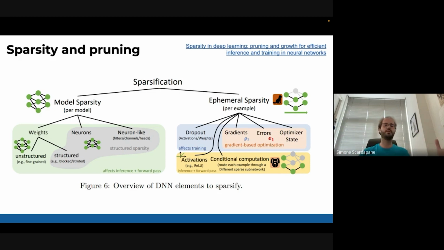Actually, you want the network to be as big as possible, but you want to only take the interesting part every time. So they're kind of orthogonal. With the lottery ticket, you try to sparsify it and make it as small as possible. Here, you don't care, as long as at every moment in time you can only take a small piece of the neural network. I hope it answered a little bit.